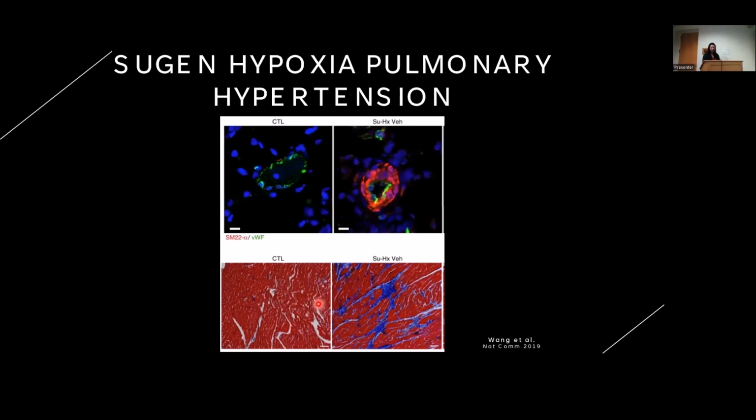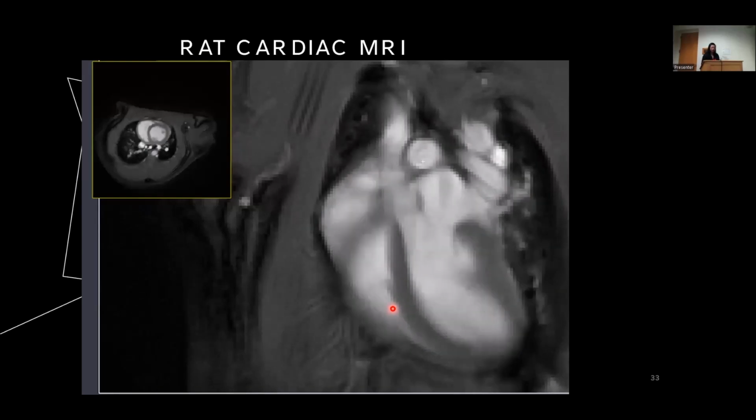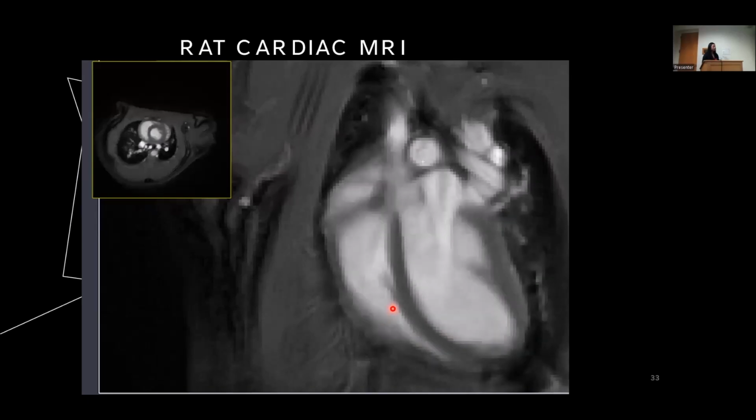And then in the heart, in Sugen hypoxia, there's much more hypertrophy of the right ventricle, and there's also fibrosis of the right ventricle. So in comparison to the other mouse models that I've been talking about, this is sort of a more robust right ventricular failure model, where we're hoping to see our biggest signal for changes in the right ventricle. So in our animals with Sugen hypoxia, we've been able to conduct cardiac MRIs here